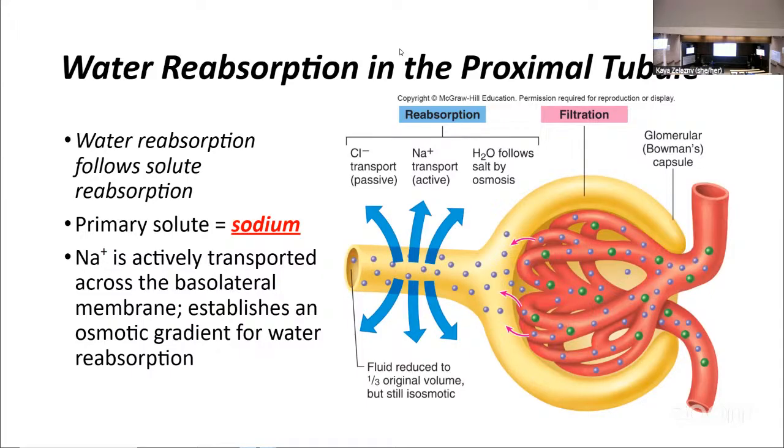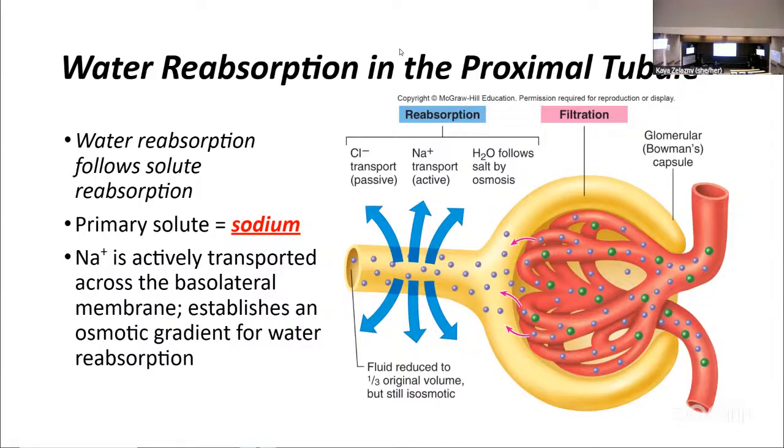So as a rule, we know from our understanding of osmosis, water likes to follow solutes, right? If you drag a bunch of solutes, you drag a bunch of salts towards the blood, water is going to try to water them down. So osmosis is going to pull water along in that same direction. Okay. So this is why our primary solute that we'd be interested in thinking about when we think about water